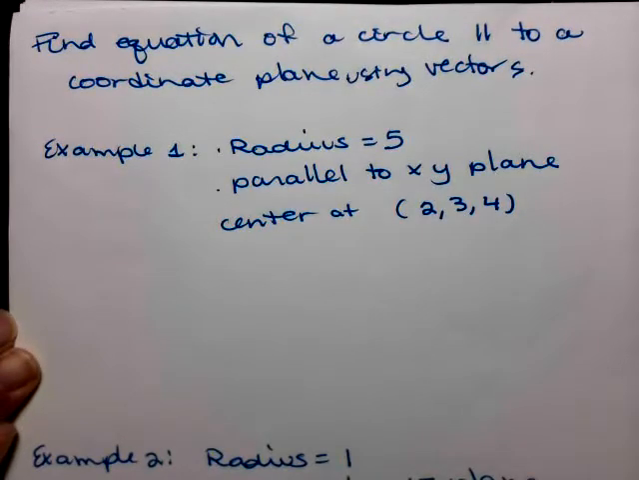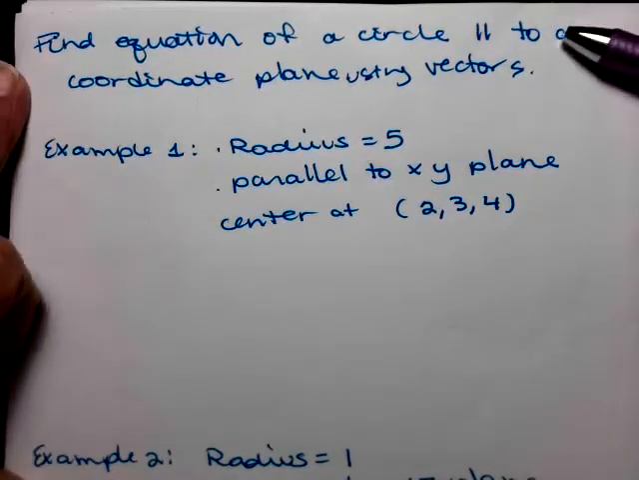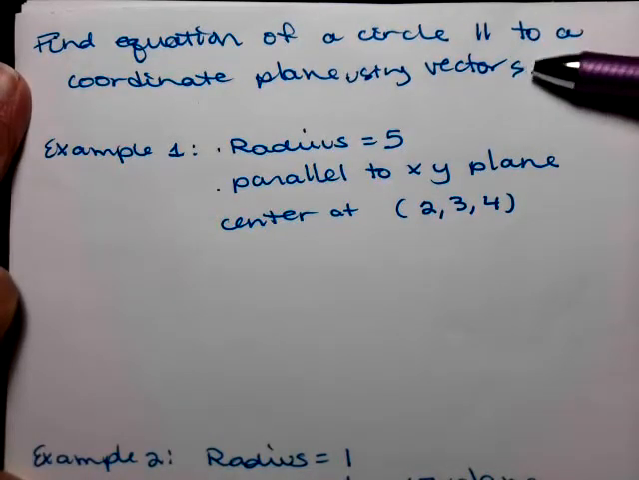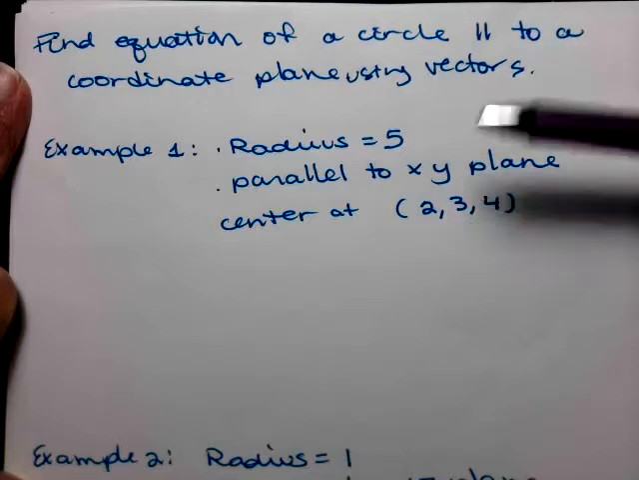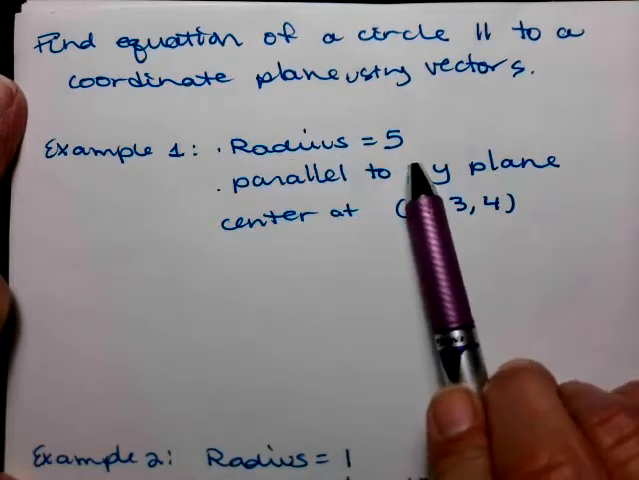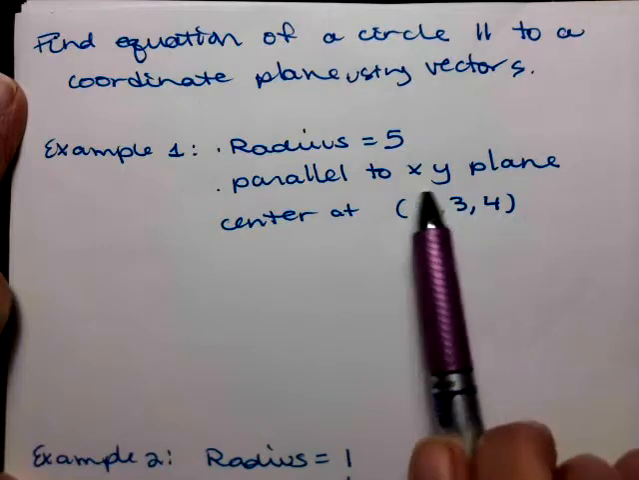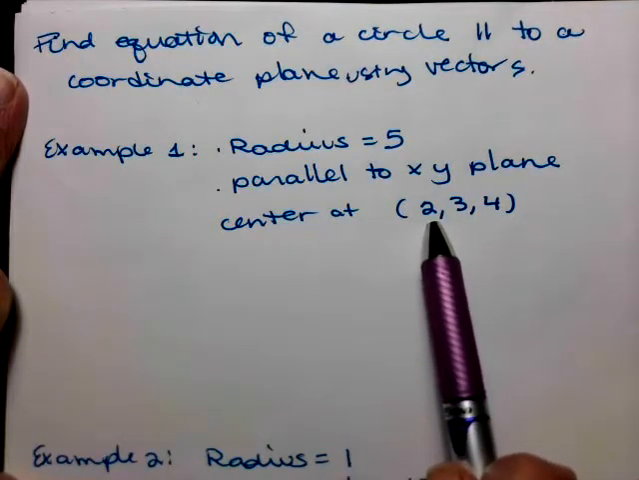So if we use a vector-valued function approach, writing equations of circles in 3 dimensions is quite easy. So I'm going to do an example, and I'm going to have my circles just be parallel to one of the coordinate planes. So either the xy plane, the xz plane, or the yz plane. Okay? So the first example, we're going to have a radius of 5. It's going to be parallel to the xy plane, but I want its center to be at the point 2,